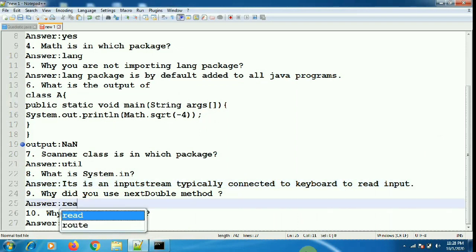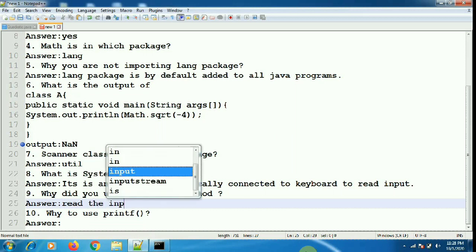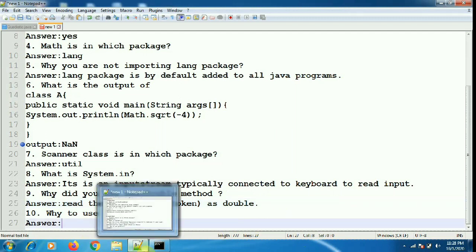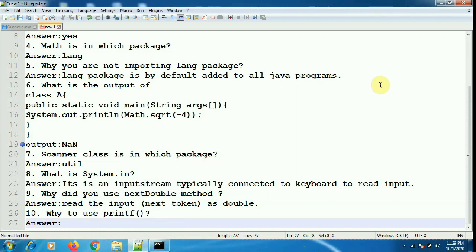Why did you use the nextDouble method? To scan the next token as a double value, to read the input, the next token, as double. The last question: why use printf?